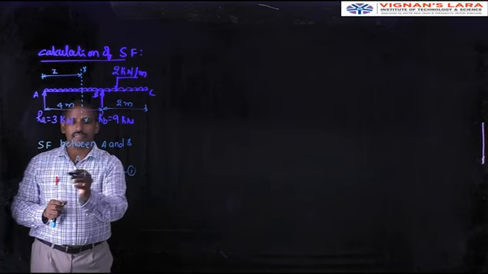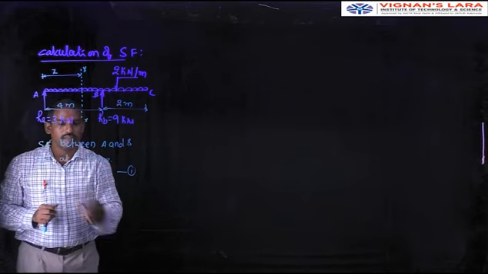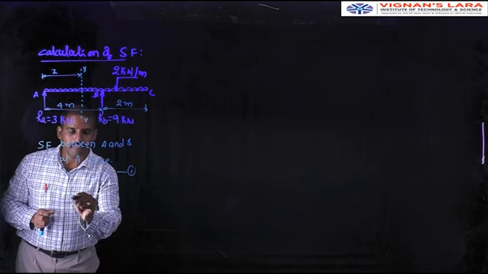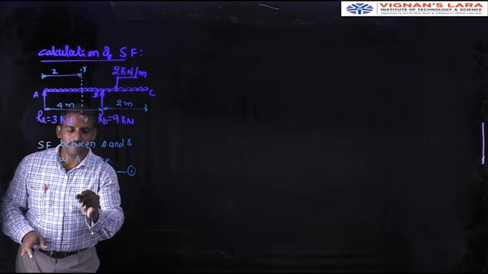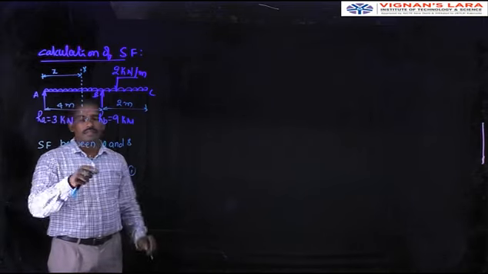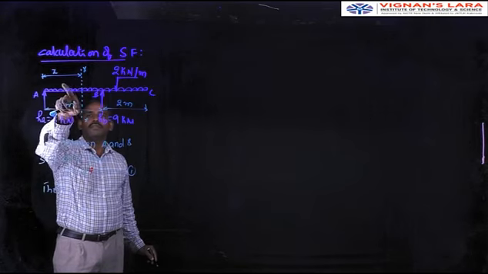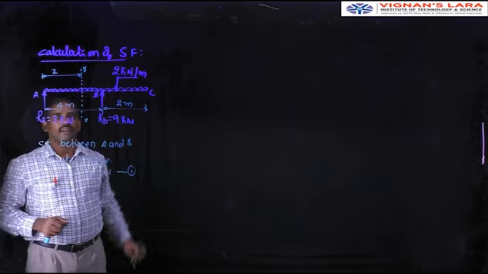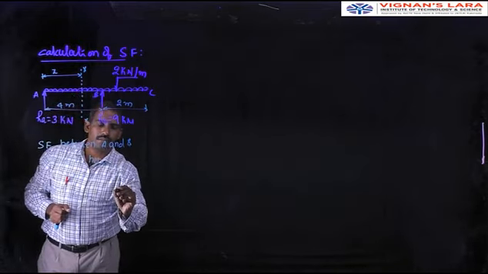Then, what about the shear force between A and B? The shear force equation is Fx equal to 3 minus 2x, because the uniformly distributed load over a distance x, acting downward and to the left of the section, is taken as negative. Say equation number 2.